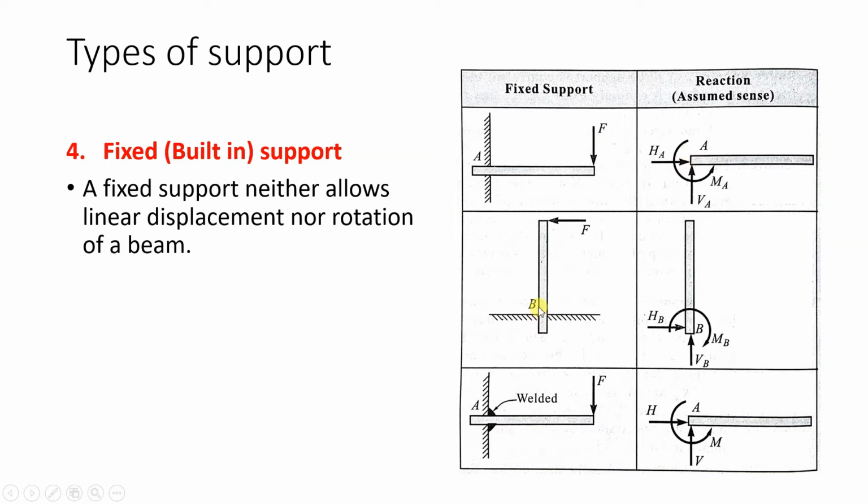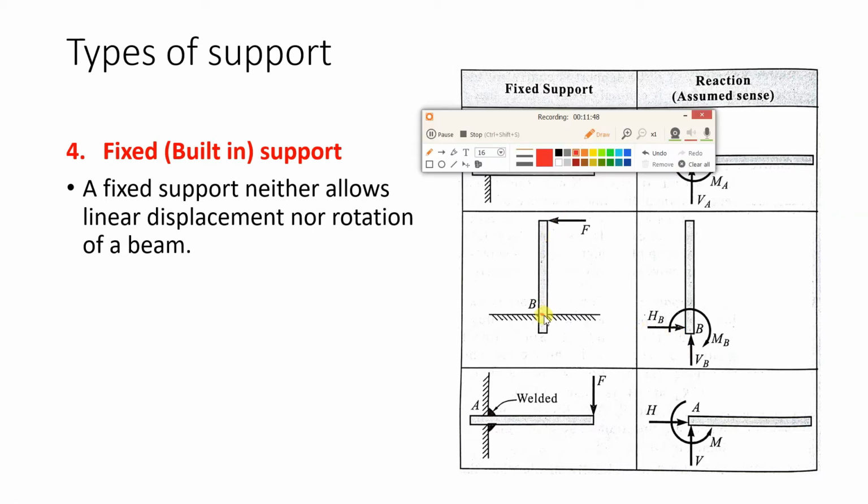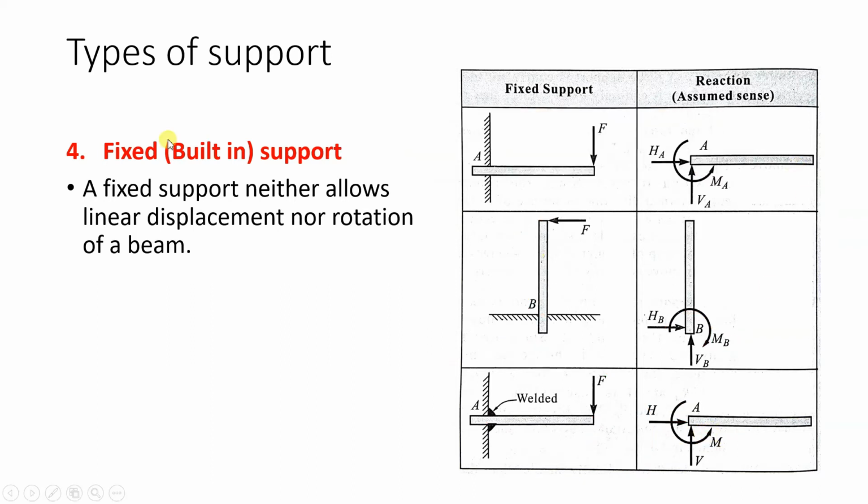Similarly here you can see at location B we have this rod. It will have vertical reaction, then horizontal reaction, and see the direction. If you keep your thumb over here, keep your index finger over here, this is anti-clockwise, right? So here reaction should be clockwise. That is why here the moment about point B reaction has been shown in clockwise direction. Same way, if you see this diagram, this will be HA, this will be VA, and if you keep your thumb at A, keep your index finger over here and rotate in the direction of the index finger, this is clockwise. So reaction will be anti-clockwise. Here you can see the moment is anti-clockwise. So this is fixed support.